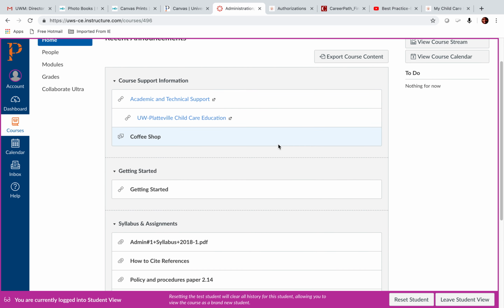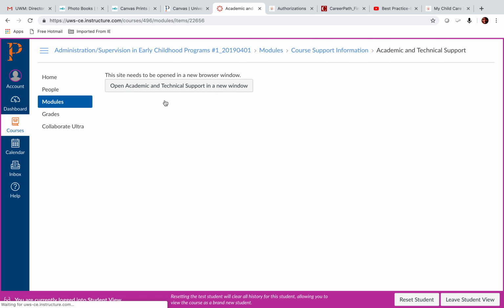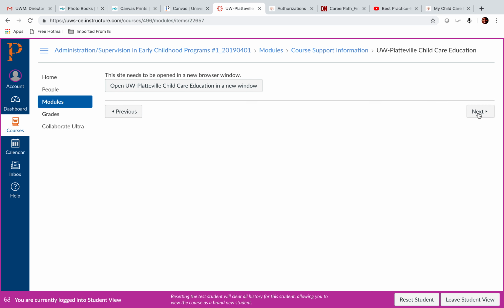The first thing you'll see is it says academic and technical support. When you click on that, it tells you that you need to open that in a new window. That will be something that you can choose to explore if you would like. Now, when you look at these different tabs, you'll see a little next, or sometimes you see previous. On this one, you don't see the previous because it is the first tab that was opened. So when you click on next, this one just goes to the next thing, the next item that is